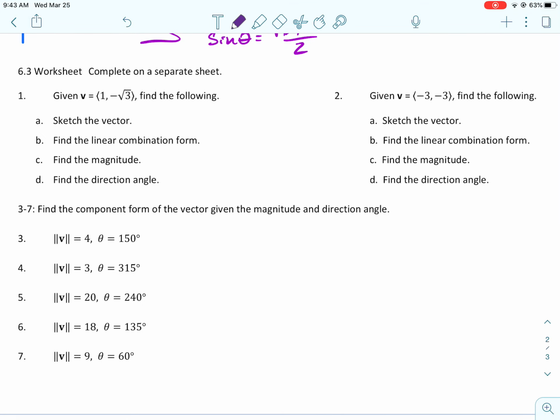Okay, guys, so I have the problems I want you to do at the bottom of this. If you didn't print it, it's fine. Just write these out on a piece of paper. I know a lot of you don't have a printer or don't have